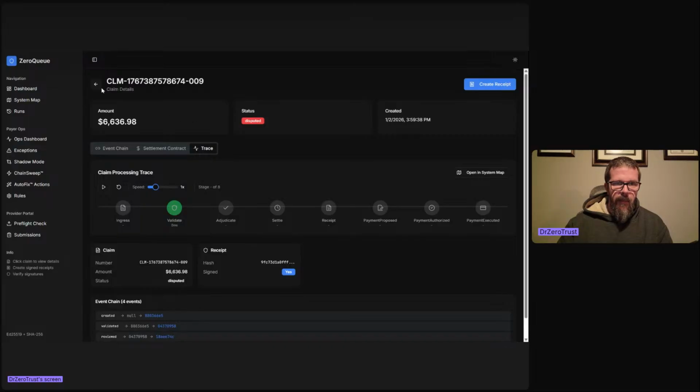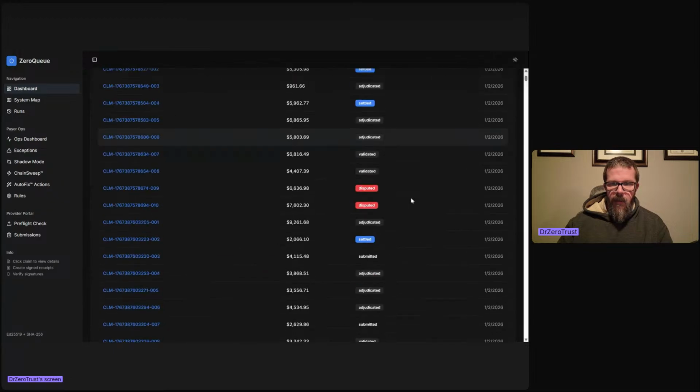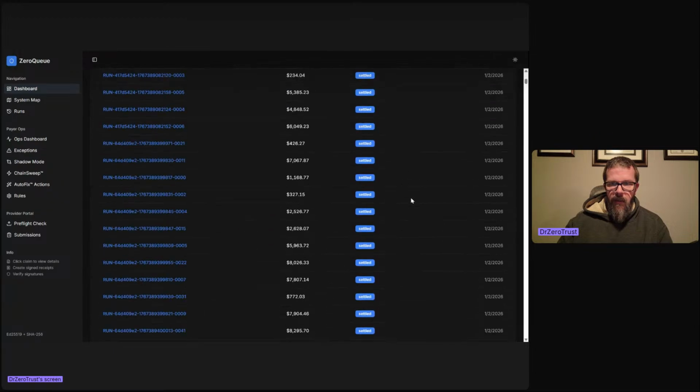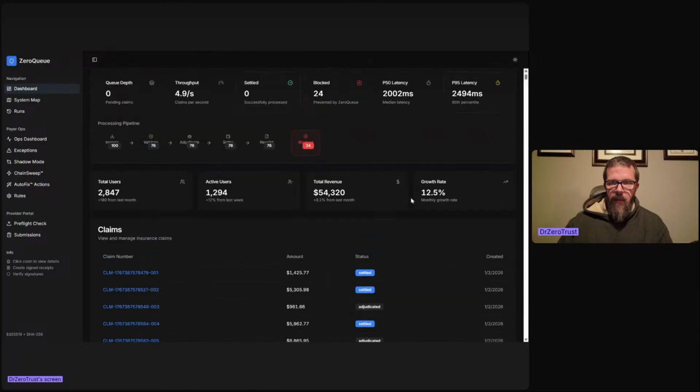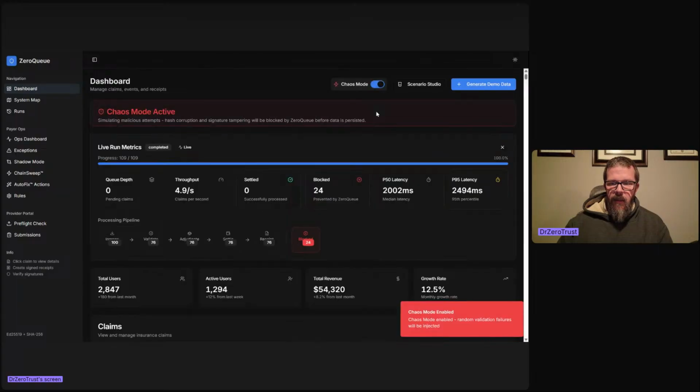So this is a good example of what happens when you process things and they come into the system. But again, that was 109 claims. I processed it in about 5 seconds, and then it outputted it and told me what stuff is missing and where we go from here. And you can see I've been testing and messing around with a lot of this data today. Additionally, we could introduce a chaos mode, which would throw things through the roof and go sideways. You could imagine there would be lots and lots of latency. The whole point is chaos mode could be used to generate additional learning opportunities for the model itself, so it could get better faster.